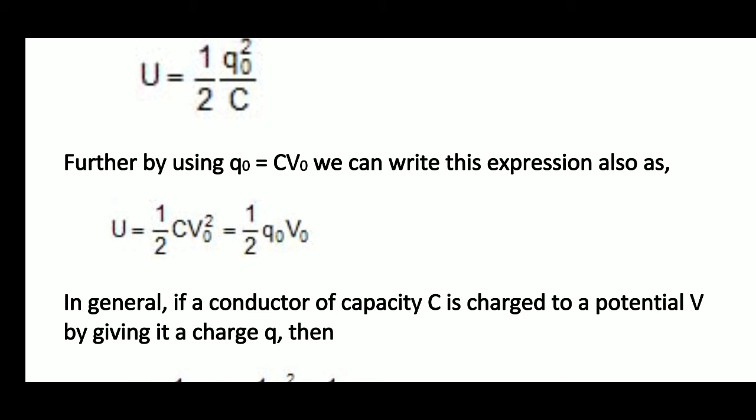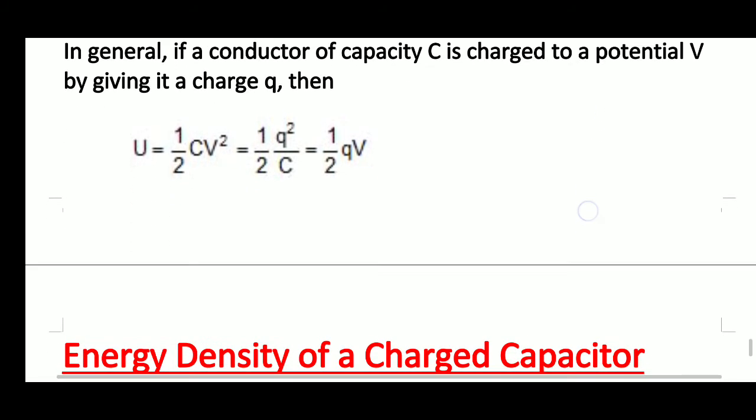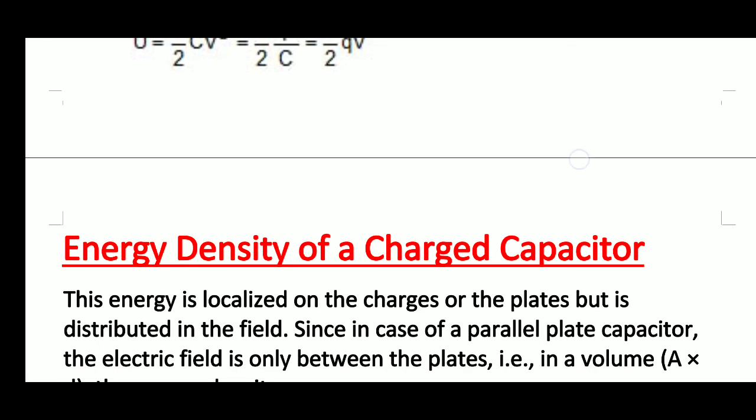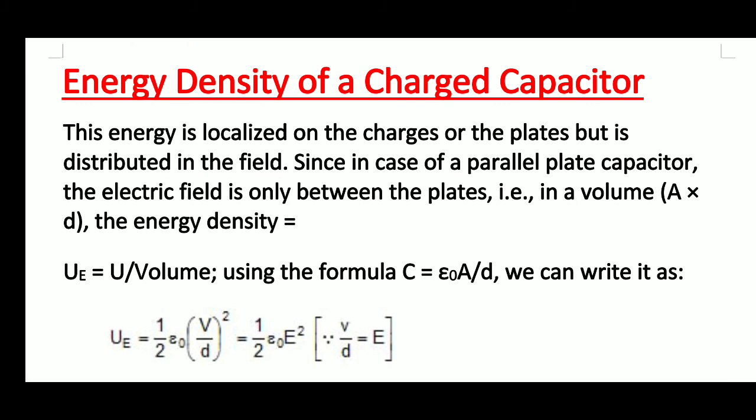In general, if a conductor of capacity C is charged to a potential V by giving it a charge q, then U is equal to half CV square, half q square by C, or half qV. This is the formula for potential energy. Now this energy can be written in the form of energy density also. This energy is not localized on the charge of the plate but is distributed in the field. Since in the case of a parallel plate capacitor the electric field is only between the plates, in a volume A into D only, the energy density